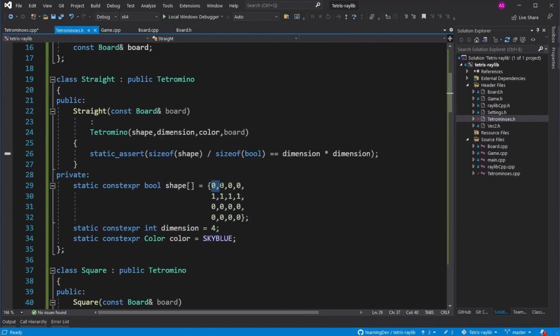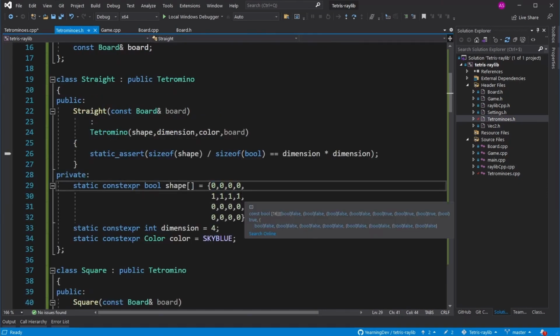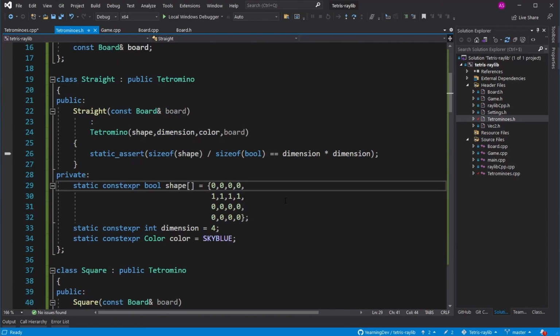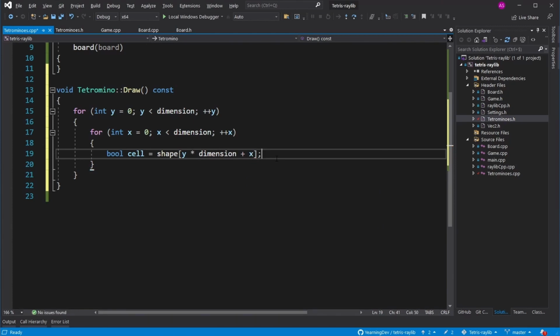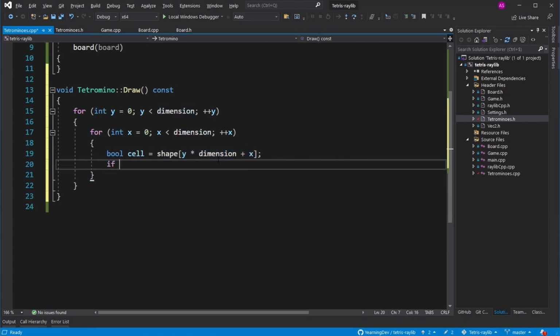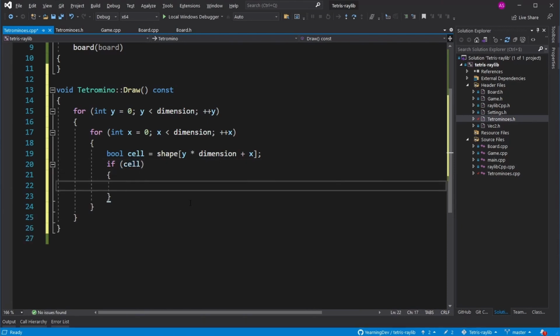So for each cell in our shape, we need to check whether or not it's 1 or 0 to know if we should draw or not. So we get our cell by going shape at y times dimension plus x, which is the formula we've been using to access our one-dimensional arrays as 2D arrays this whole time. But we'll talk more about this very soon. So we check if our cell is true. It's true if it's different from 0. Then all we have to do is go